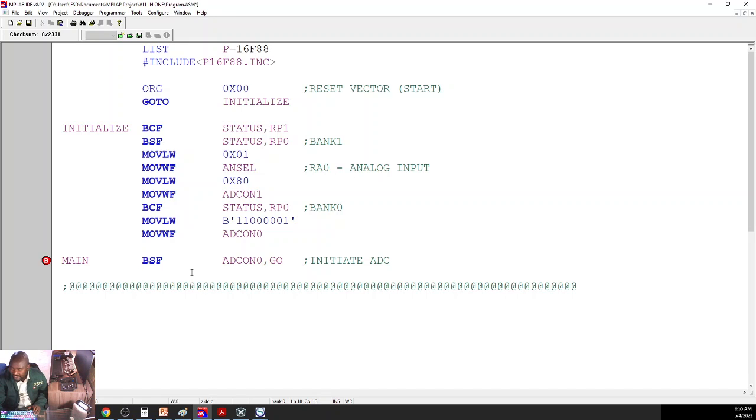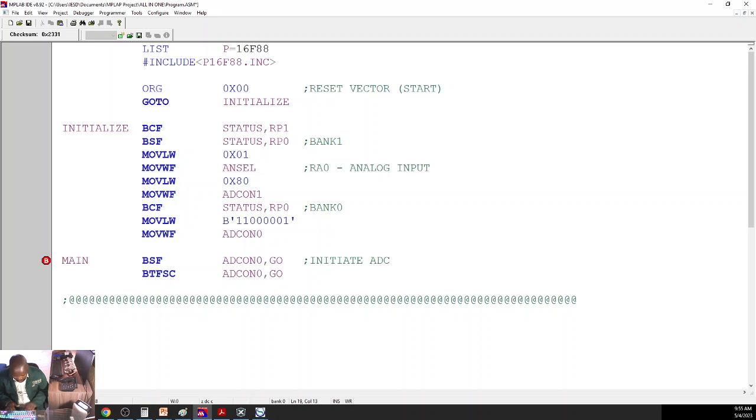Now I need to wait for ADC to complete. ADC will be completed when that bit is cleared. So I set that bit and I wait for it to be cleared. Bit test file, skip if this bit is cleared. Which bit? The same bit, ADCON0, comma, GO. If this bit is not cleared, wait or keep on testing it. If this bit is not cleared, go to